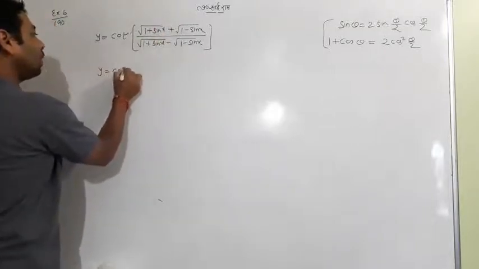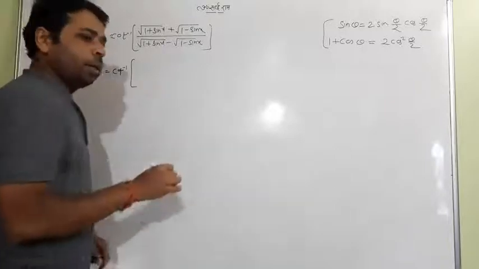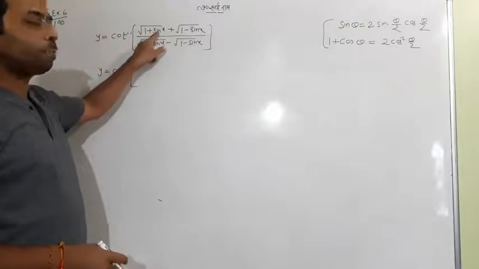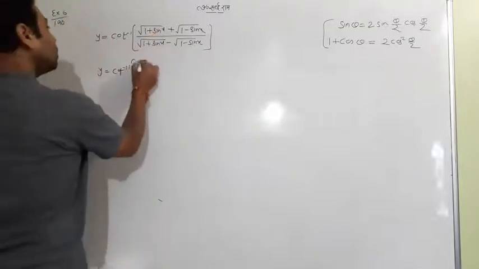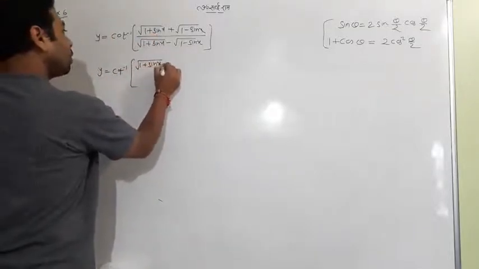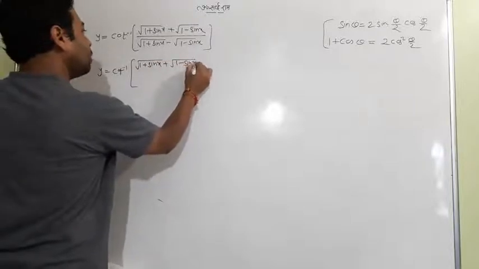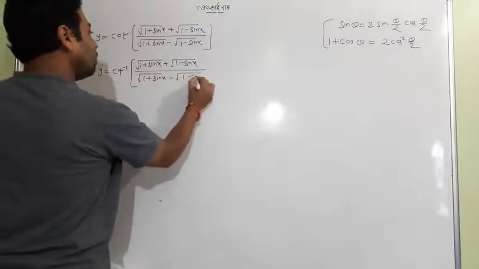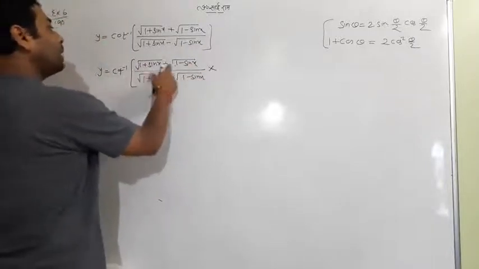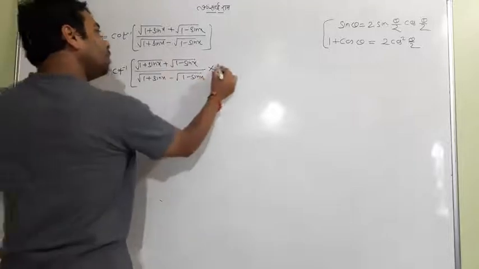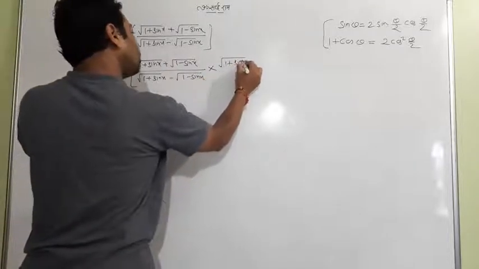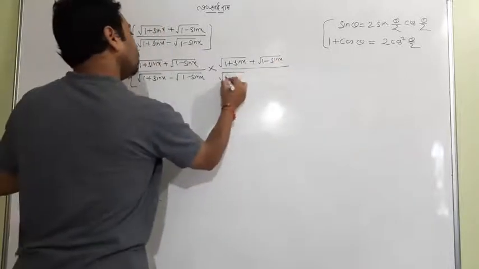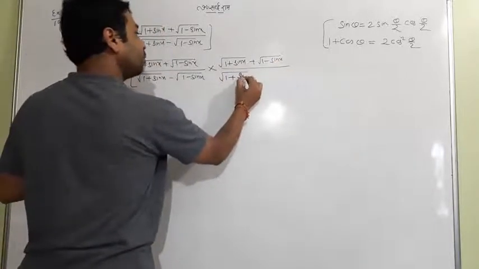So how to simplify the term? Last time I used two formulas, but this time it is not 1 plus cos or something like that. So what is the easy thing now? You do the rationalization. It will make the question easy. This time we have the term 1 plus sin x upon 1 minus sin x. So I will rationalize the term, and you know the procedure. I multiply and divide by the term of opposite sign of the denominator.